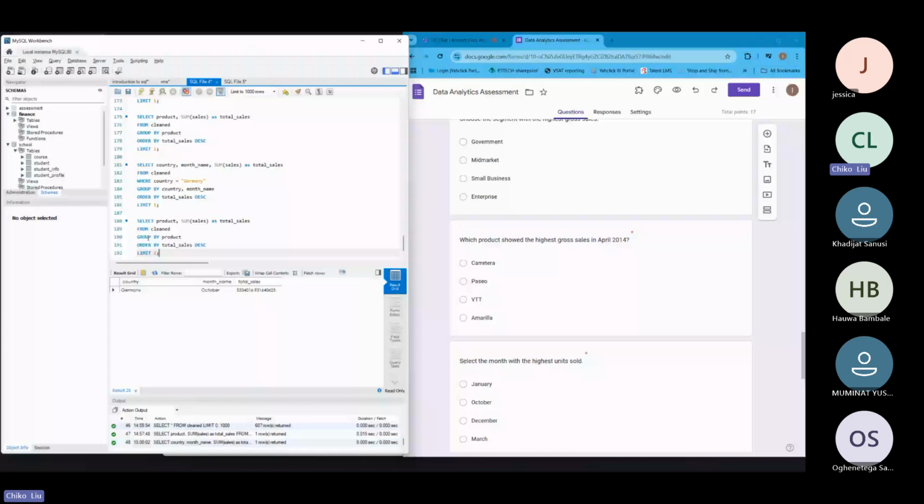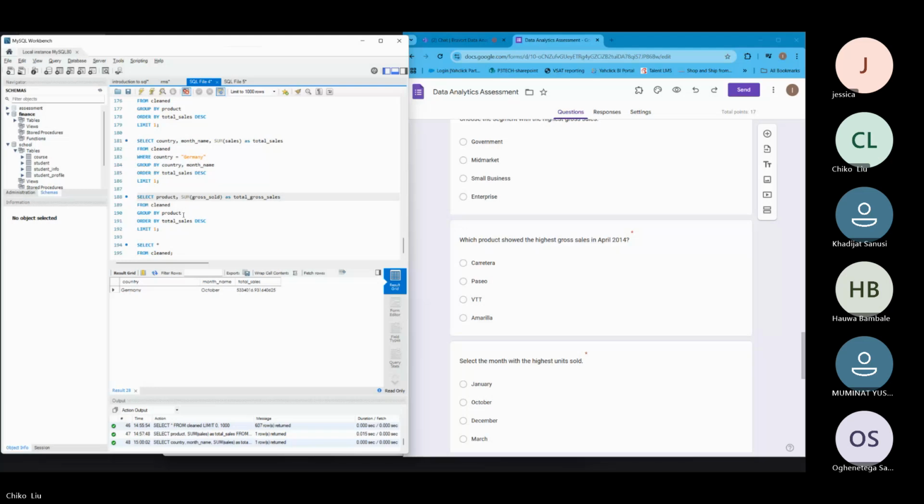I am going to... they said gross sales. Let me copy gross sales because I've already done gross sales. So which product had the highest gross sales in April 2024? So we'll say